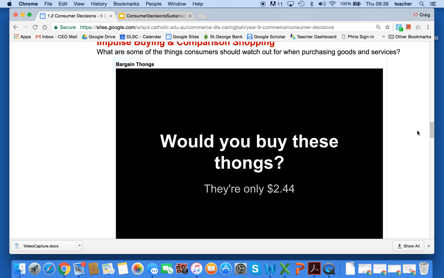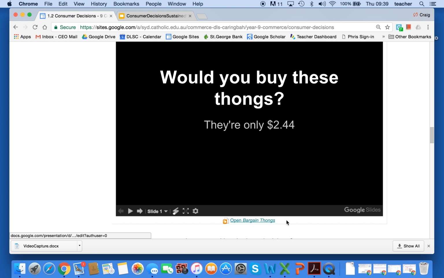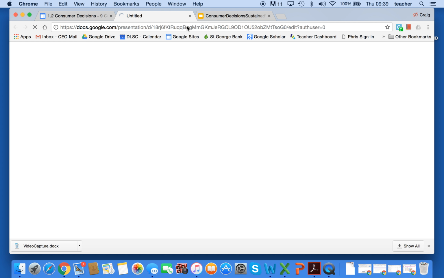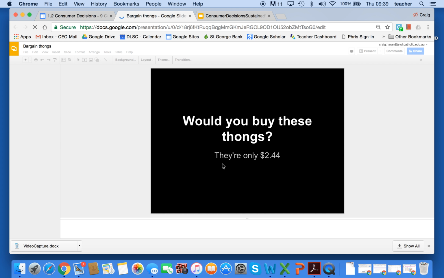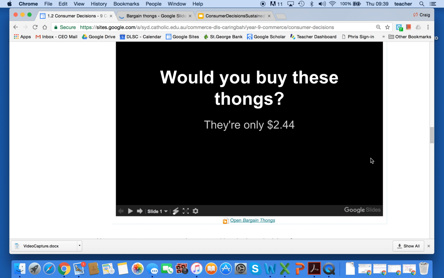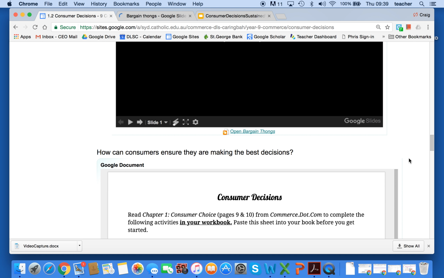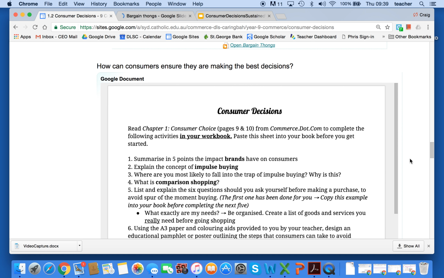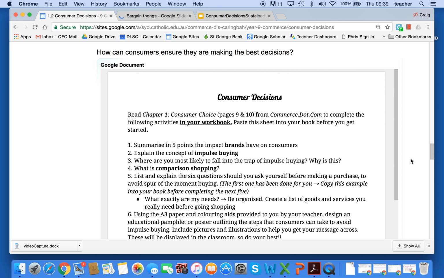Moving on, there's another presentation here about buying a pair of thongs. An interesting case study about why you might buy a particular product or not buy a particular product. Once you open that up, as I'm doing now, you can see that it takes you through some decisions about why you would buy this particular product or why you wouldn't buy this particular product. I'm just letting that come up, and as you're going through, you can also have a look at